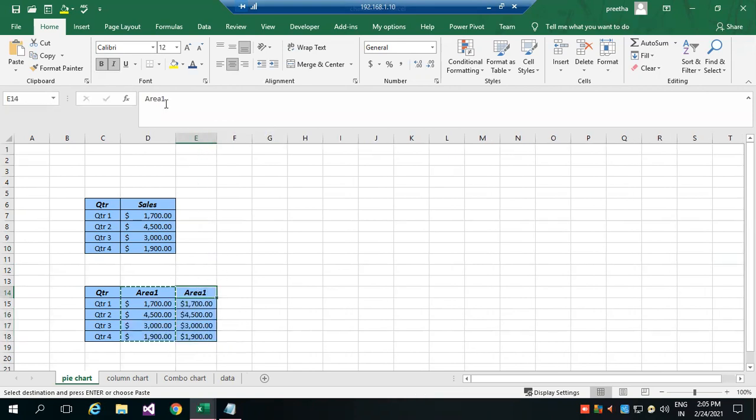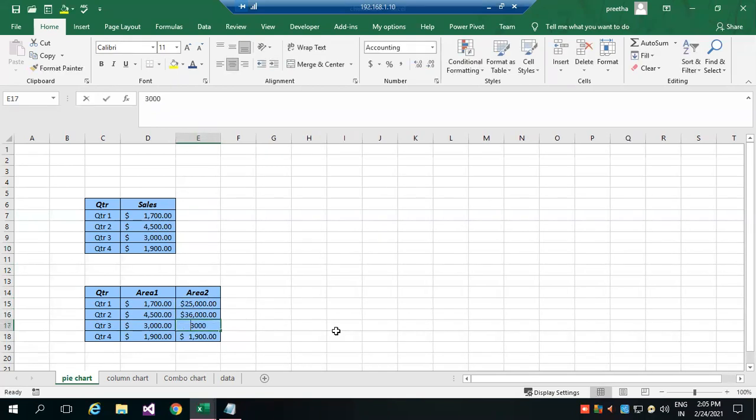Now the data is extended, the range is extended. In this case, I cannot go for a pie chart for comparing different areas or zones.